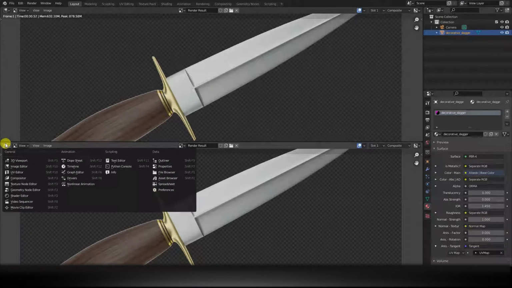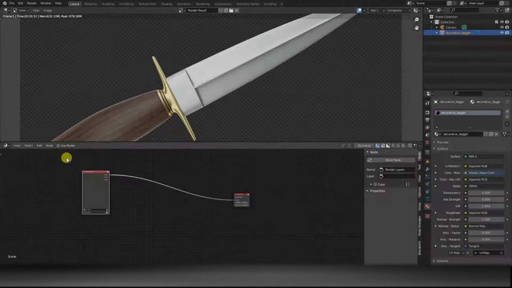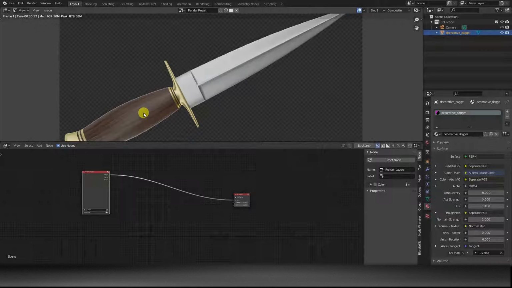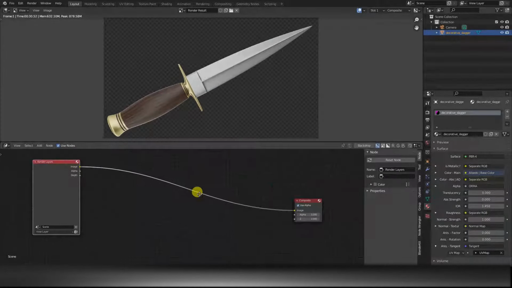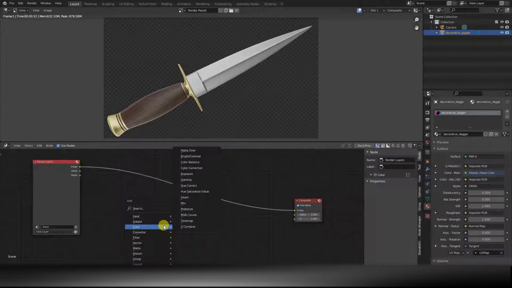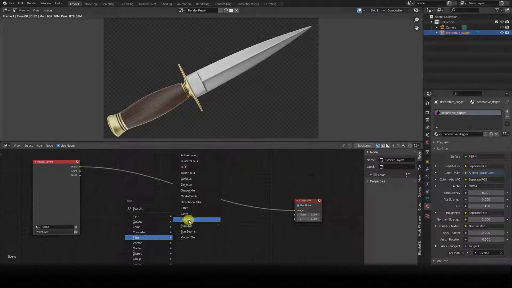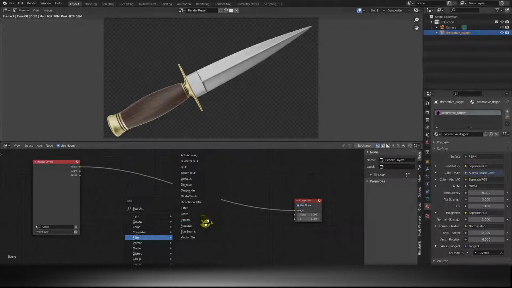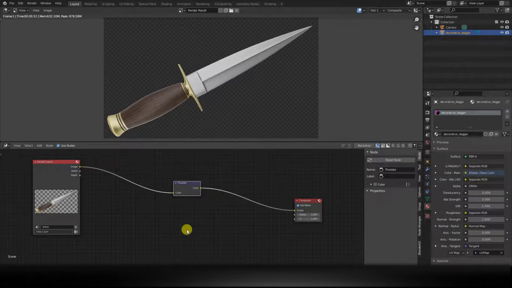After rendering, open the Nodes editor from the General Compositor section and click on the Use Nodes box to activate post-production. You'll see the render layers output linked to the composite input. Add the Pixelate node by choosing it from Add Filter and placing it between the two existing nodes. In the image editor window displaying the rendering, you won't notice any difference.